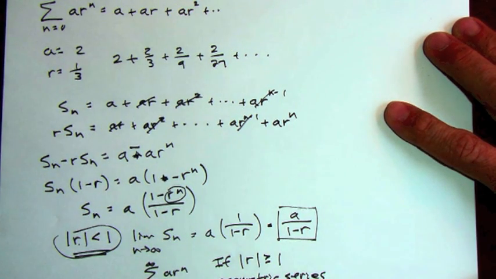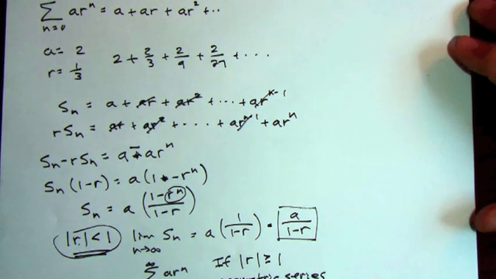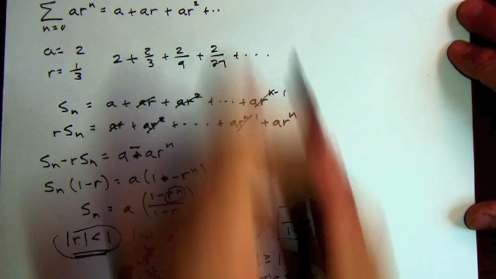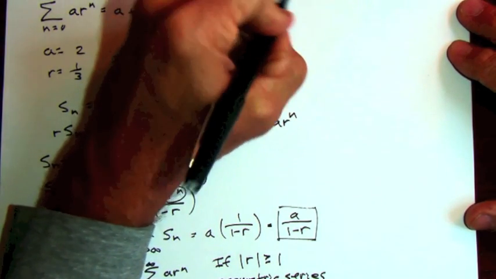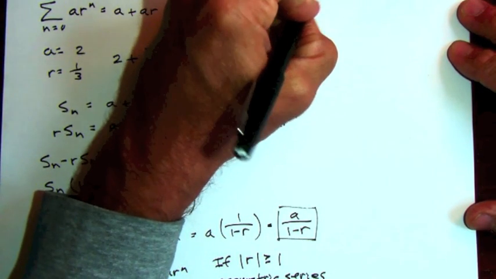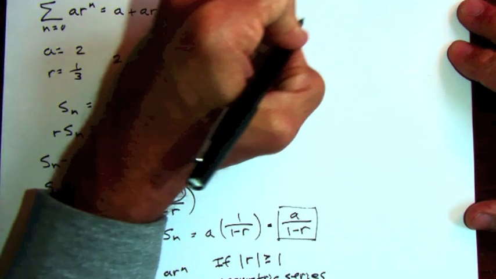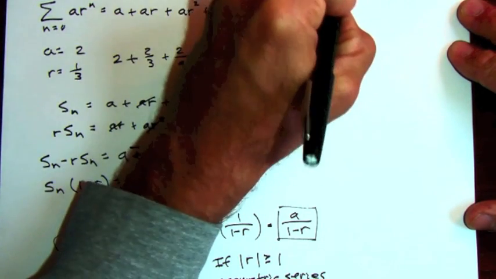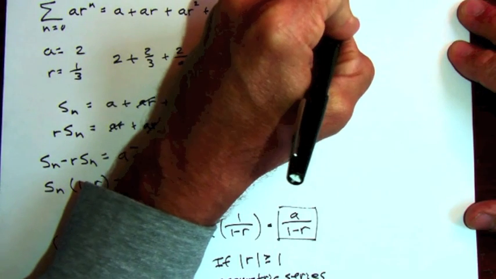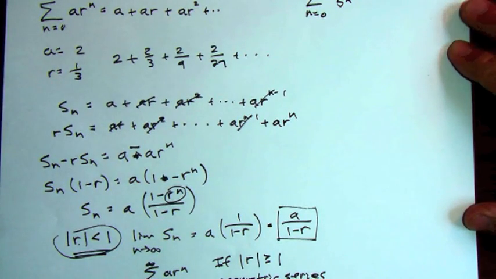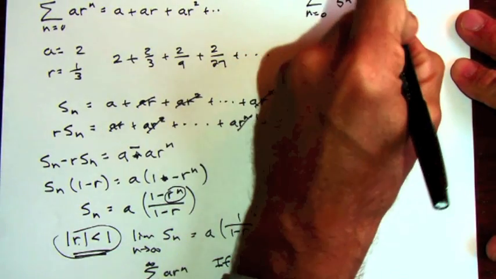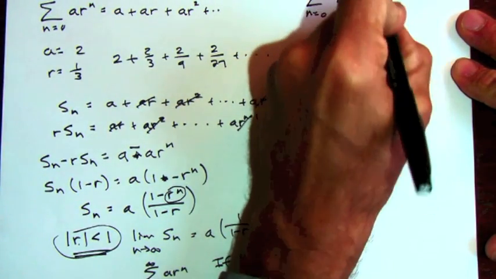So I know we're working right now with just a's and r's and stuff. So let's just look at an example. If I have, for example, the sum from n equals 0 to infinity of 3 to the n over 5 to the n, I could rewrite that as 3 over 5